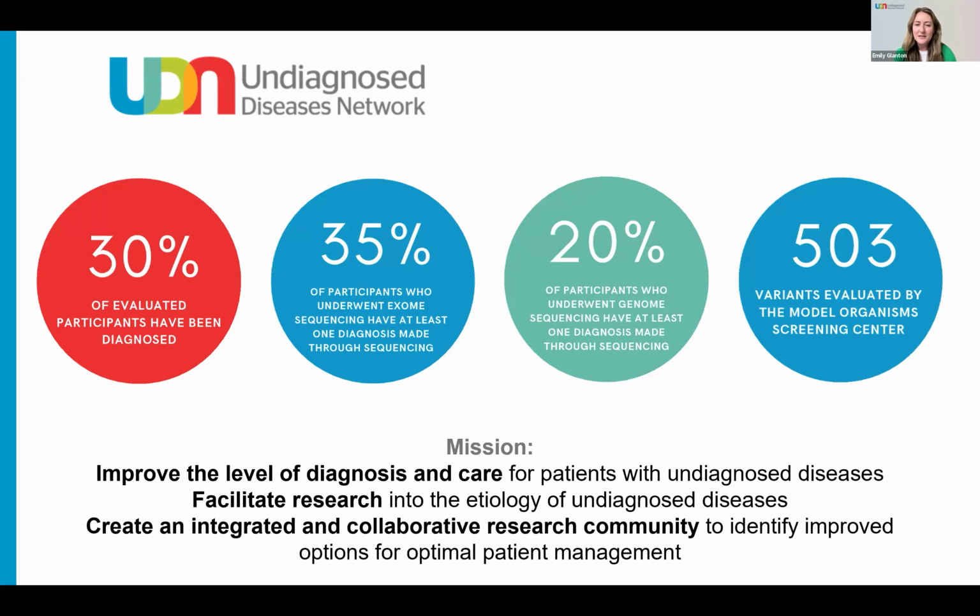So just wanted to give folks an update. These numbers come from our quarterly report, which are available on the About Us section of the website if anyone is interested in diving into the report in more detail. At this time, 30% of our participants who have received a remote, in-person, or research evaluation have received a diagnosis. And those who have had exome sequencing, 35% have had at least one diagnosis made through that sequencing. And of folks who have had genome sequencing, 20% have at least one diagnosis made through sequencing. And then we have a little over 500 variants that have been evaluated by the UDN's Model Organisms